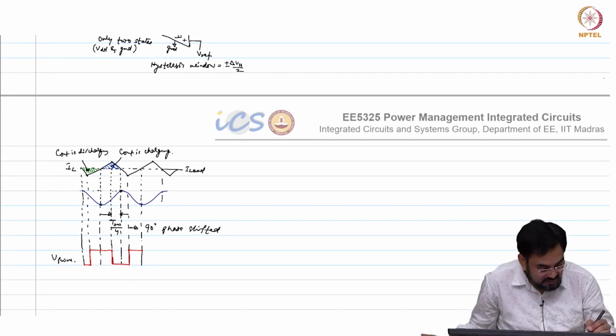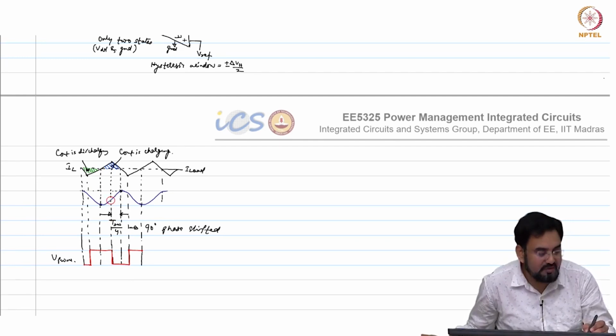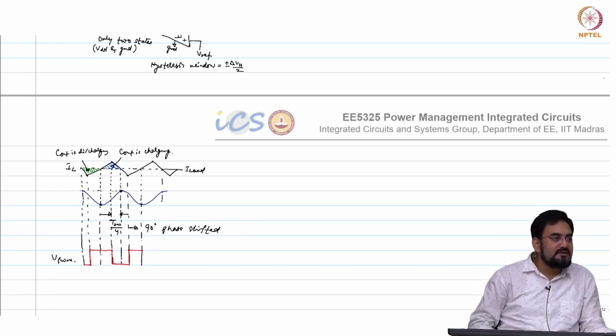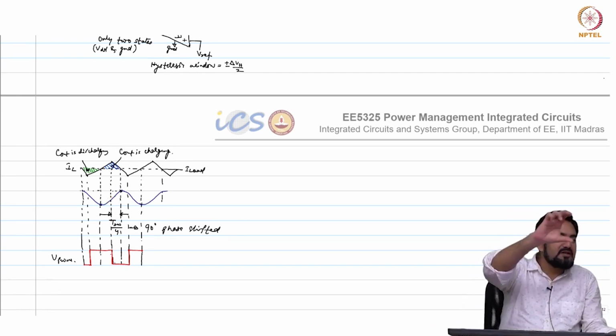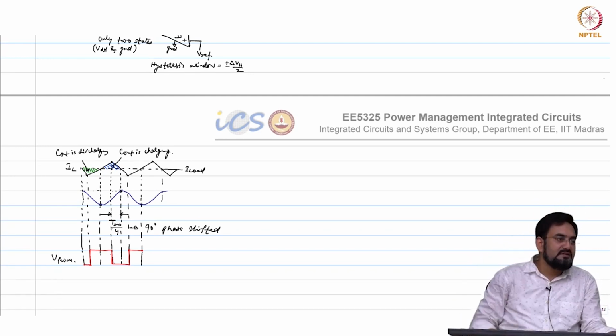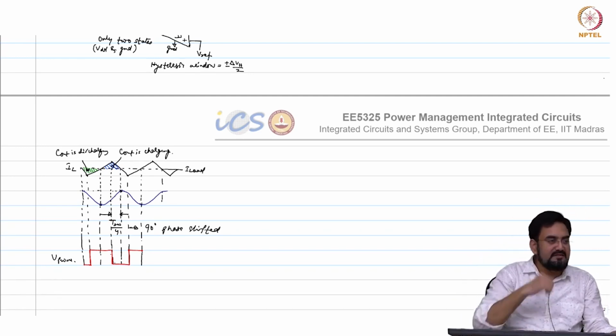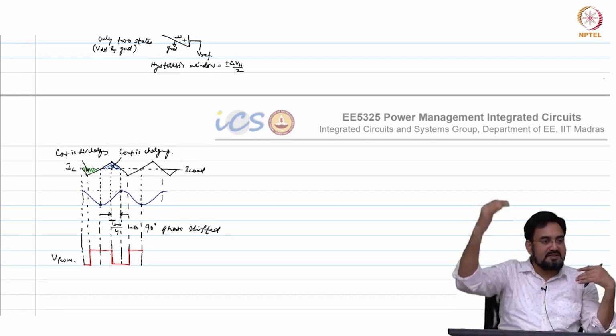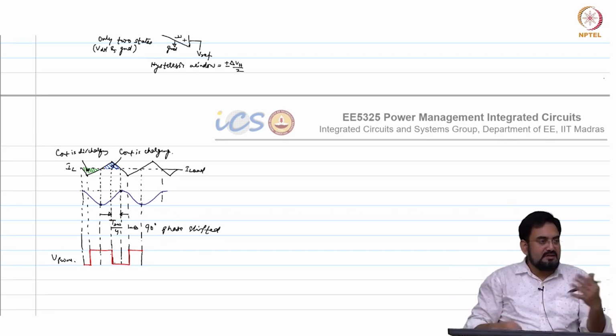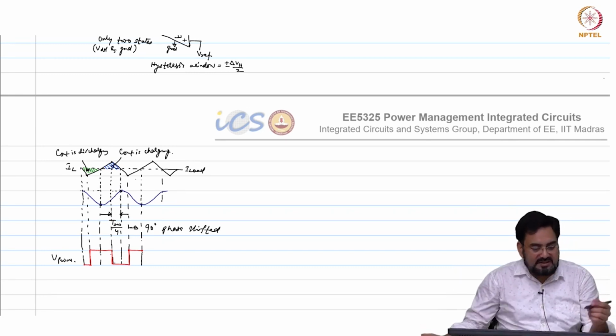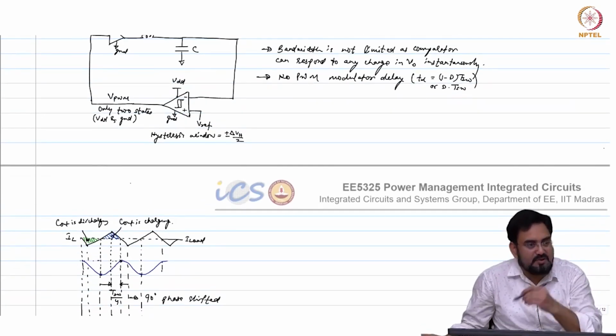Okay. So now let us say this is your crossing point, hysteretic window. You tripped here, but your output is still rising, which means you are not able to bound the output between plus minus delta Vh by 2. Okay, so it will always cross. The reason is, you can see your inductor will keep charging the output.